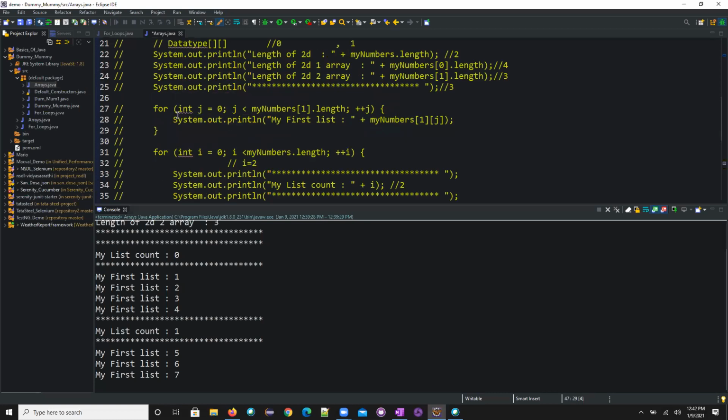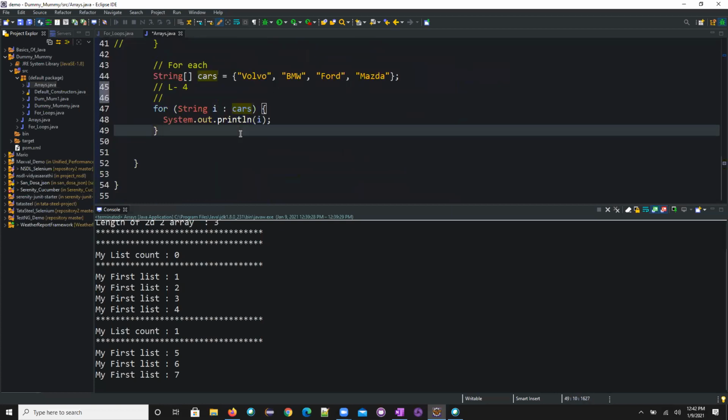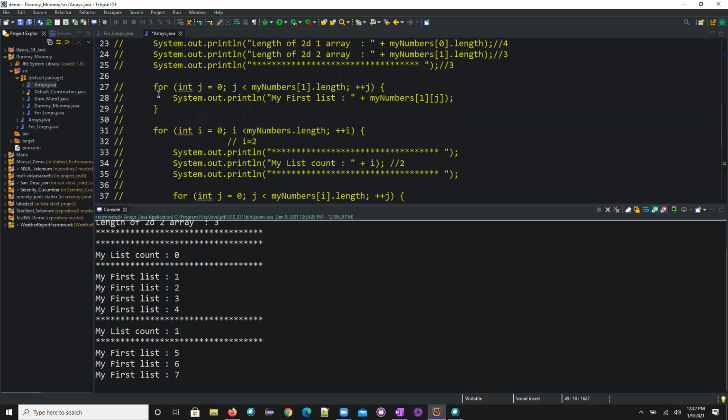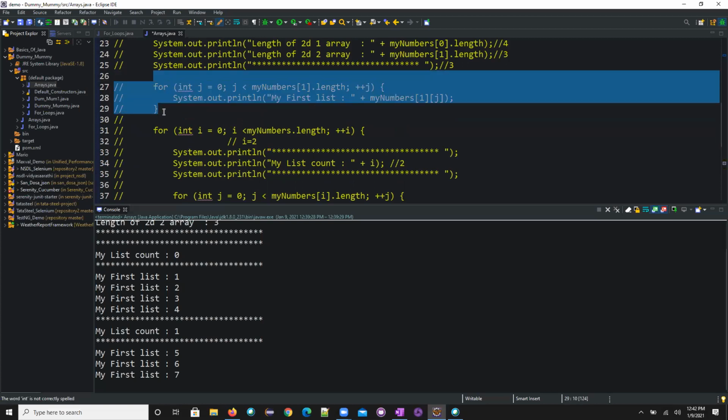So we know the for loop syntax also. Here we need to declare and initialize the value, give the terminating condition, and give the increment or decrement operators. This is what we need to do. But whereas here, the syntax of for-each is different. For-each is used only for lists. That is the first thing you need to remember. If it is not a list or array, you can't use for-each. You need to go with the traditional for loop.